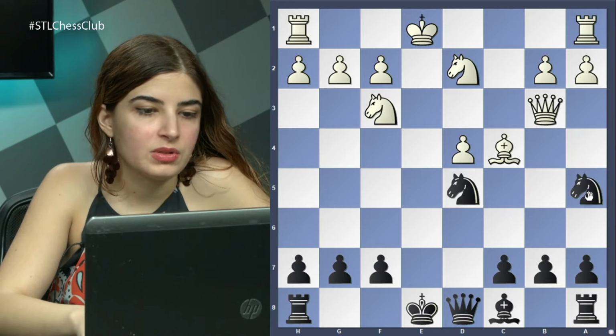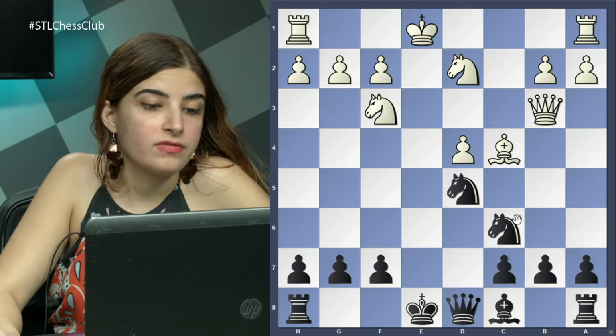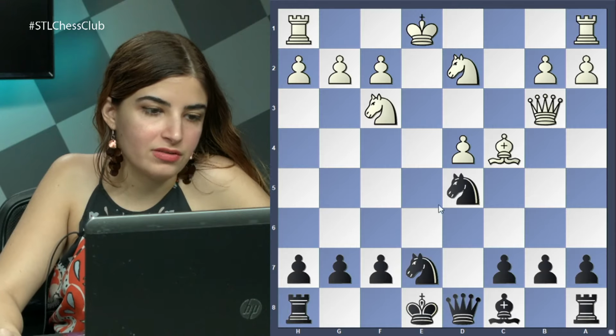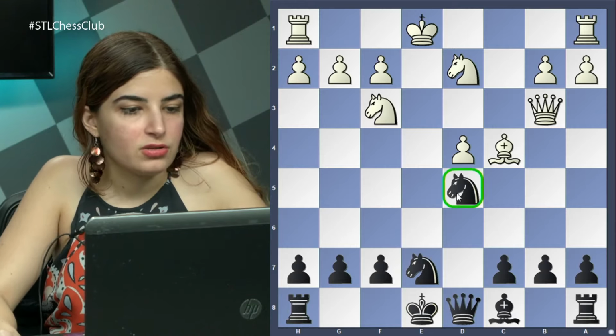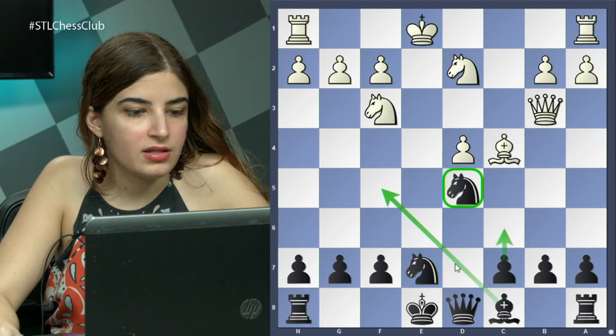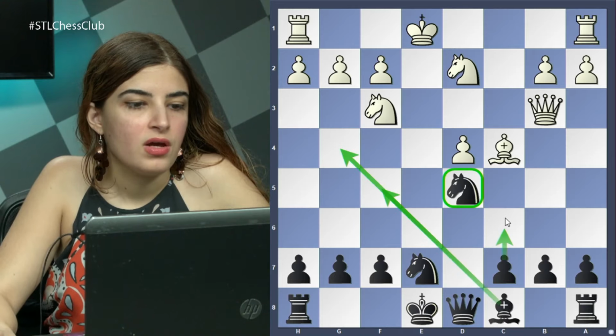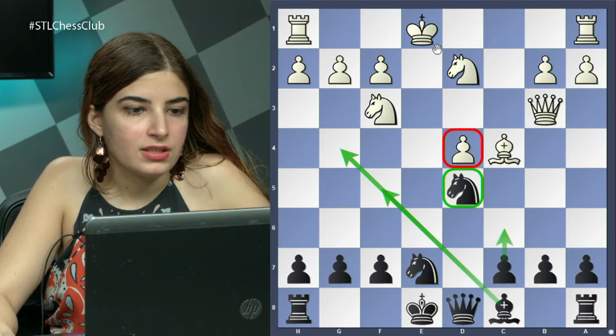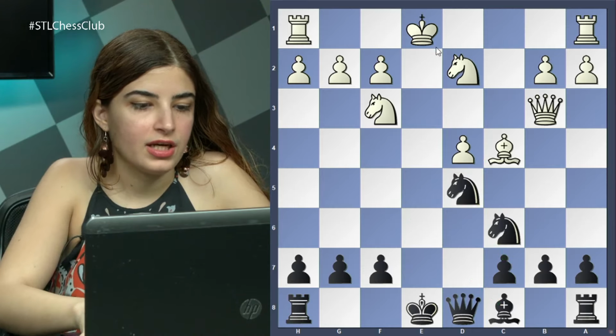But you, as black, if you don't want the repetition, you don't have to do it, and you can simply play knight back to e7 to protect your knight over here. Your future plans would be c6 to force this knight and get this bishop out to f5 or g4, and to work on this isolated pawn. So let's say, for example, after knight e7,